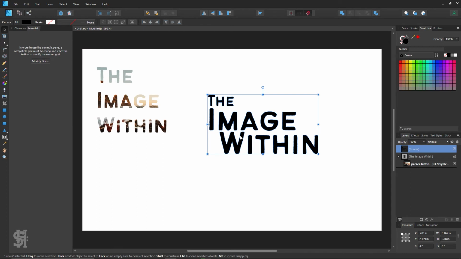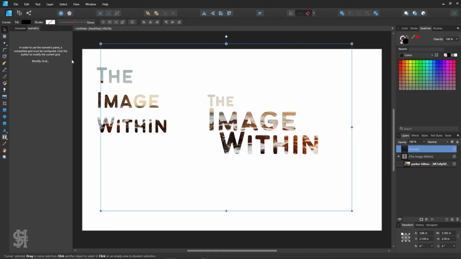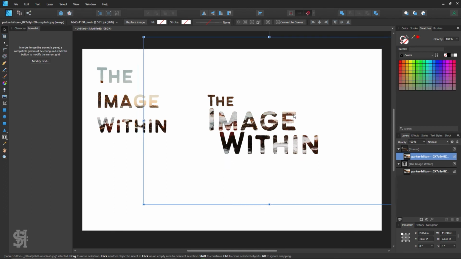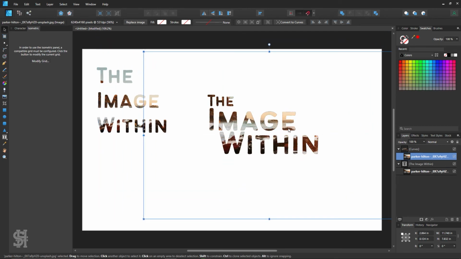Affinity Designer basically treats this as one shape. So when you have that and it's not grouped, it's just one shape, then you can go into edit, paste inside, and you can put your image back inside. So that's a way to play with the text first, have it converted to curves. You could even have an image in there, as long as it's added